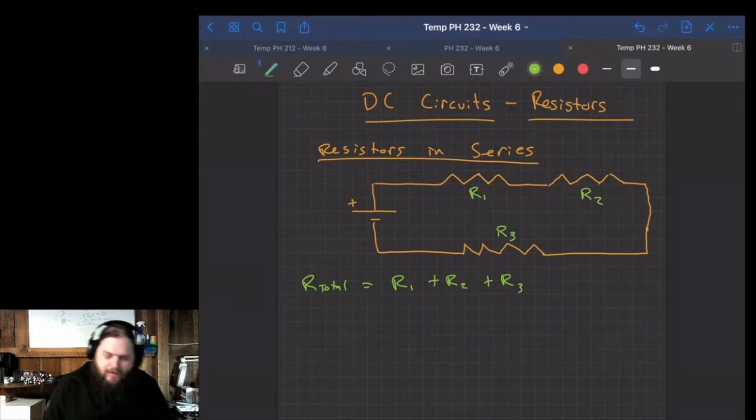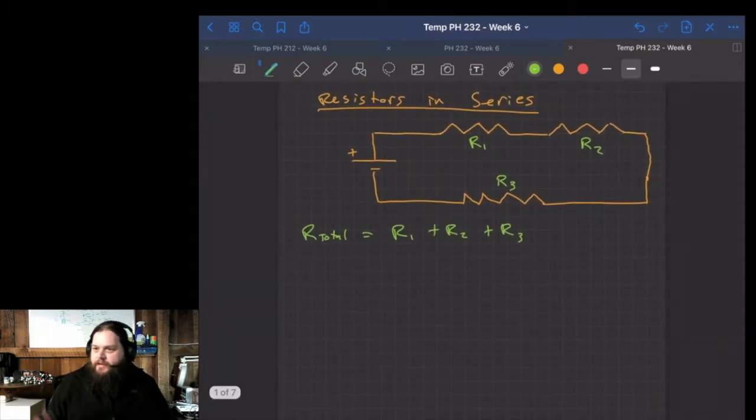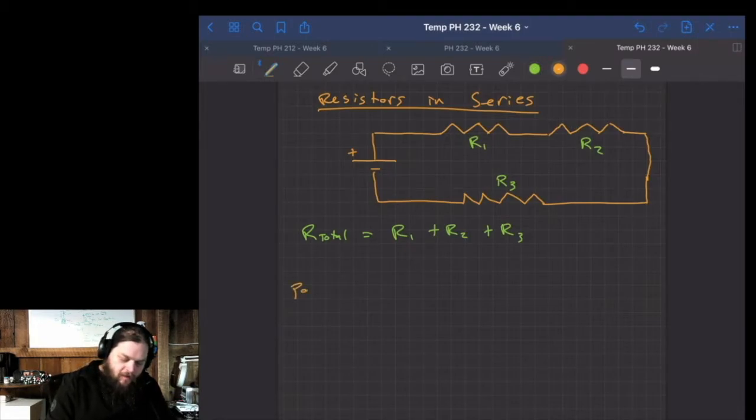This works fairly similar to how we talked about capacitors and how to add them up in parallel. It's the same idea as capacitors, it's just we're doing the opposite thing. In series for capacitors, we added up 1 over the capacitance and took the inverse of the sum of all of those. Here, we're adding up all of them in series for the resistance, and the resistance is additive as it goes through. For resistors in parallel,